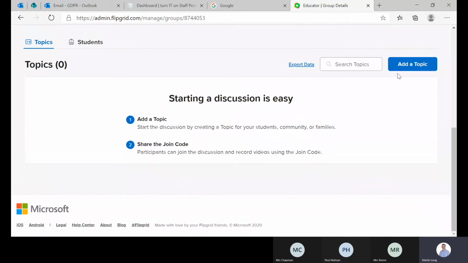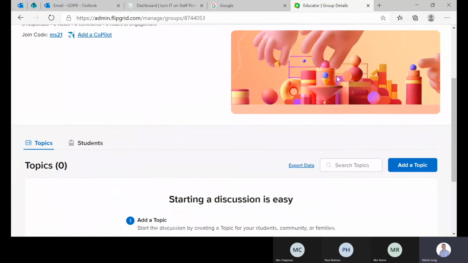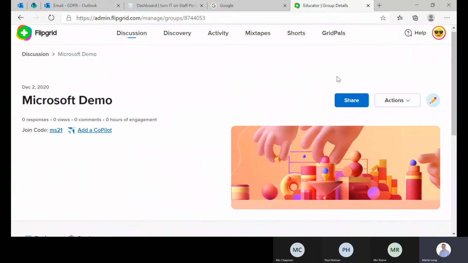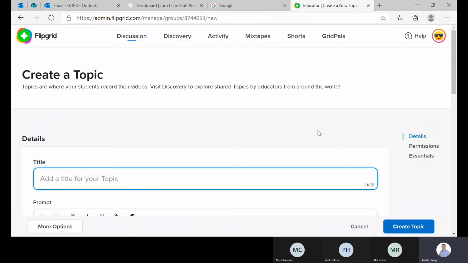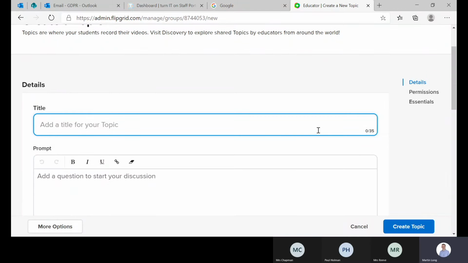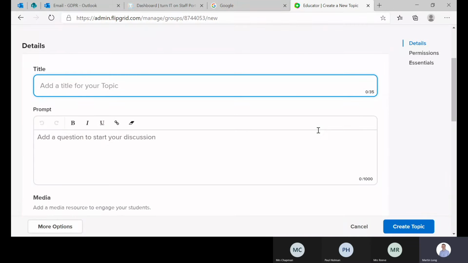Then down here, you will add a topic. So if you think of in Flipgrid, it's a series of grids, and imagine that's your filing cabinet in physical terms. Inside your grid, you add topics, and the topics will be the focus for discussions, debate, challenges. There'll be stimuluses that you want pupils to respond to. So you're going to need to add a topic. So the topics, you can have multiple topics, and they all sit inside of your grid. So you're going to need to give your topic titles.